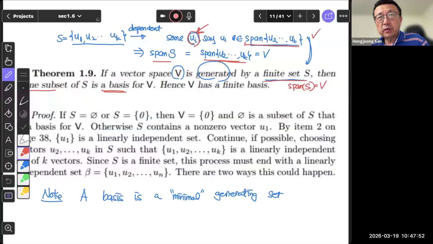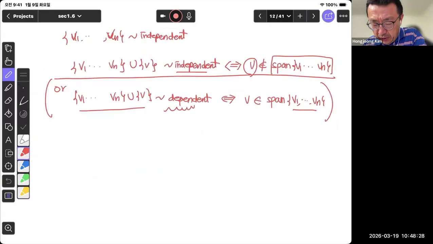So using that theorem, if I have a linearly dependent but generating set S, then I can safely remove any redundancy from this S. So if you have the smallest size generating set, that will be your basis. In other words, a basis is a minimal generating set. So that was theorem 1.9, and